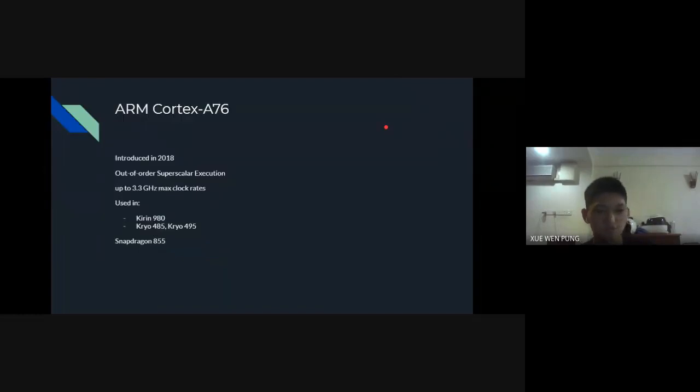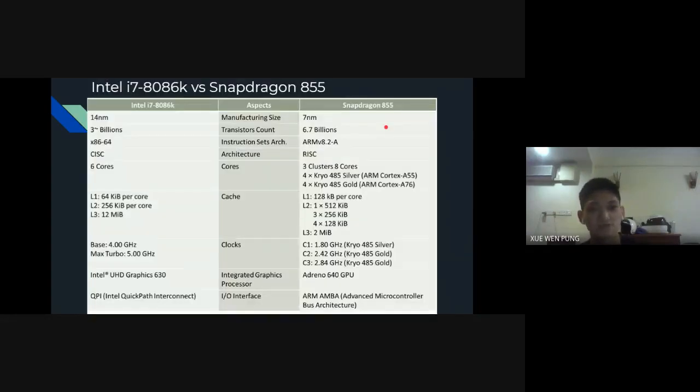First, I would like to introduce the ARM Cortex-A76 microarchitecture, which was introduced in 2018. It has out-of-order superscalar execution, and it can power up to 3.3 GHz max clock rates. It is used to develop the Kirin 980, Kryo 485 and Kryo 495. Eventually, Kryo 485 was used to build the Snapdragon 855. Now that the Snapdragon is built with Kryo 485, we can compare the Snapdragon 855 with the Intel i7